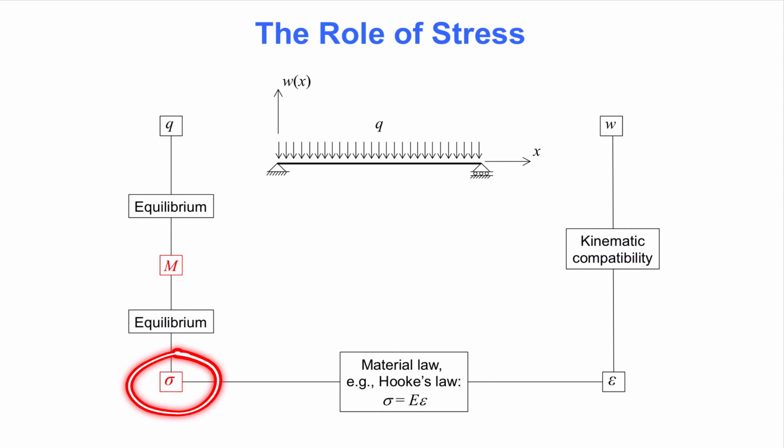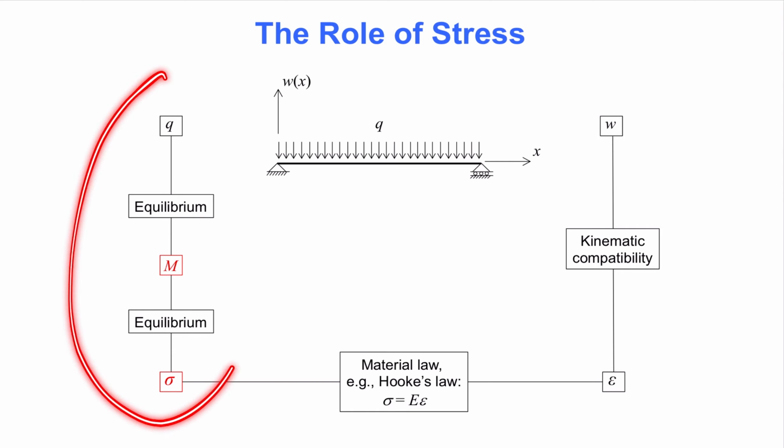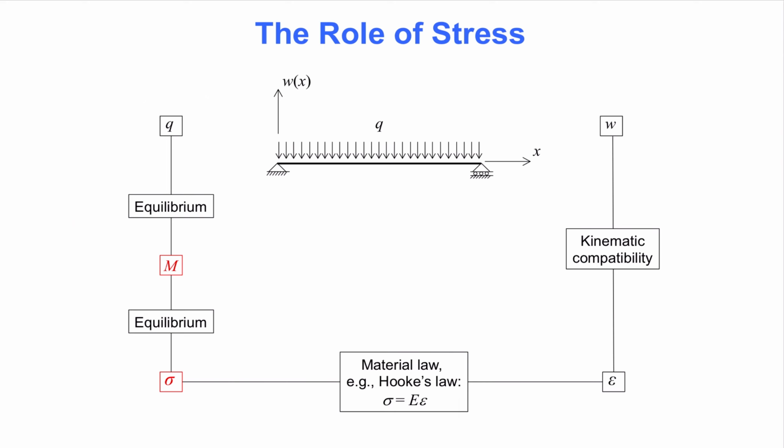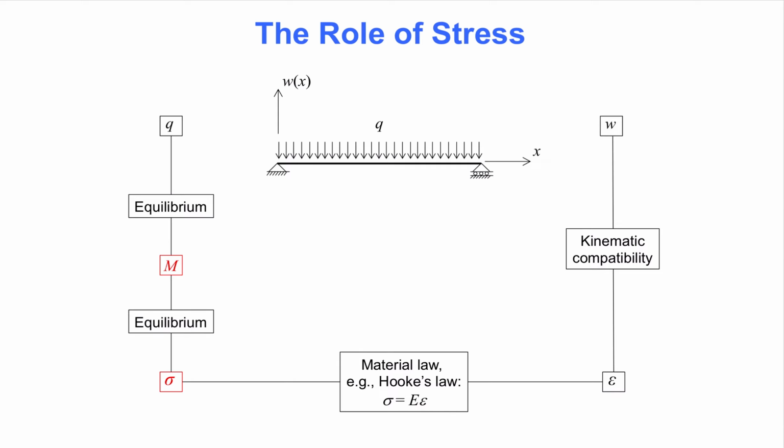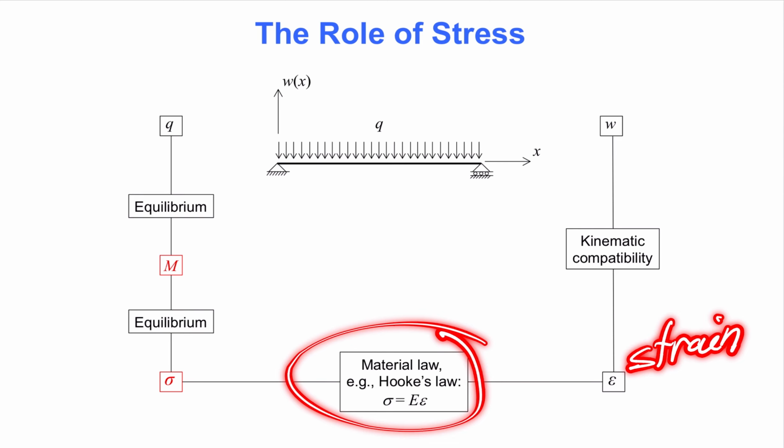On the left-hand side are equilibrium equations that link the externally applied load, Q, with the bending moment, M, which is a resultant of the axial stress, sigma. One reason why the concept of stress is helpful is that it allows us to formulate a material law, which relates the stress at every infinitesimally small element inside the beam to the strain there, namely the deformation at that point in the material. Hooke's law, which postulates that the stress is proportional to the strain, is one option for